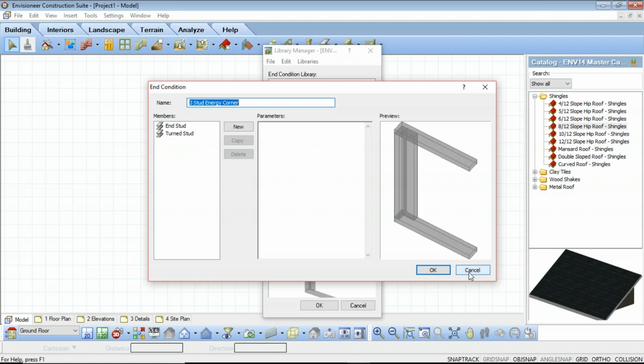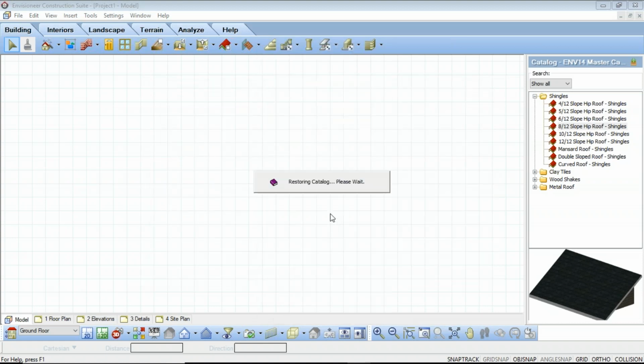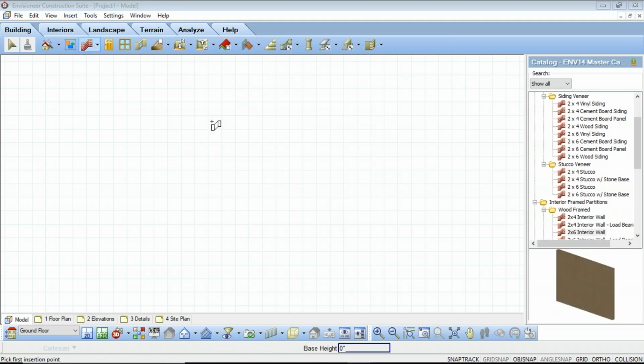So when you select the turn stud intersection lookup table, it's referencing these end conditions, which create your corner configurations. And just to show you quickly what that looks like, when I go in and add in a wall,